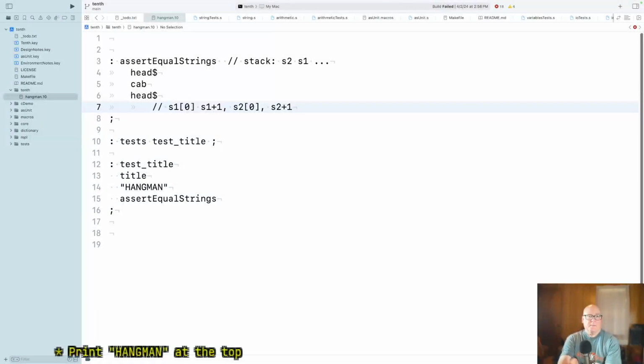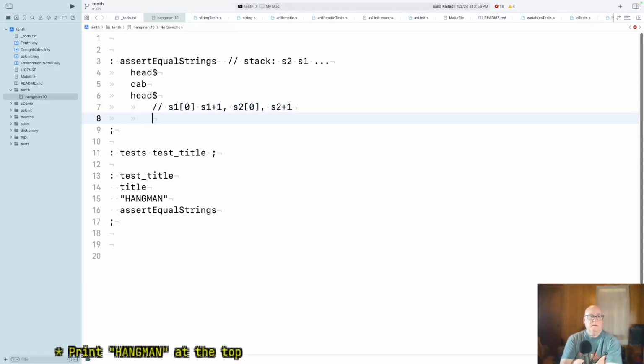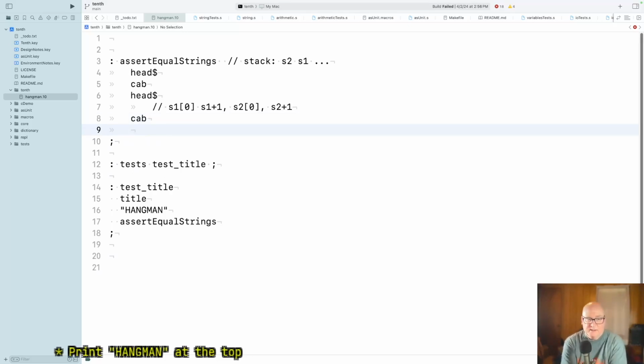And we want to check the characters. So I think if we do CAB again, the stack management stuff, now we have S2 sub 0 on top of S1 sub 0. All right, now if they're both 0,